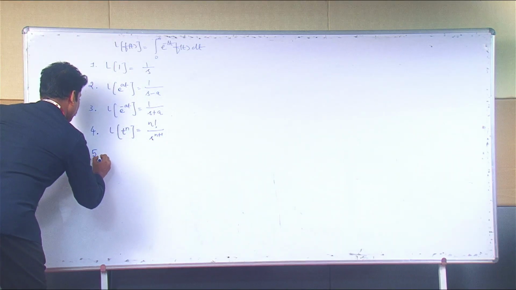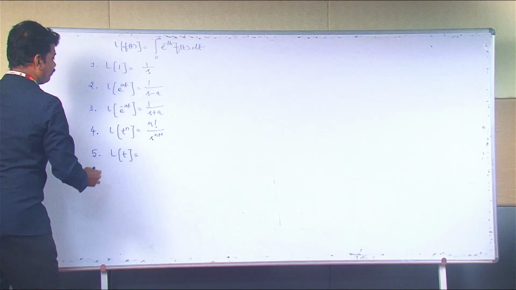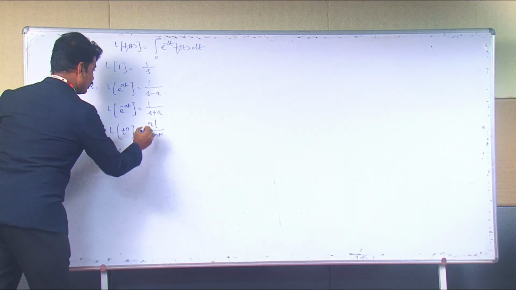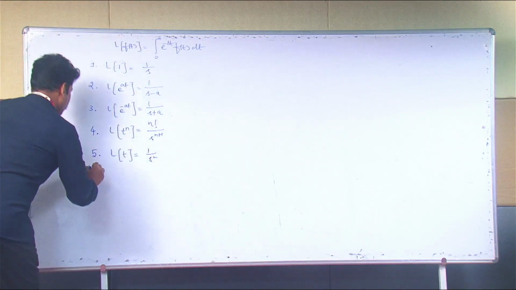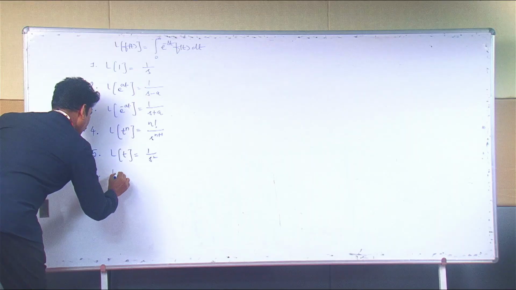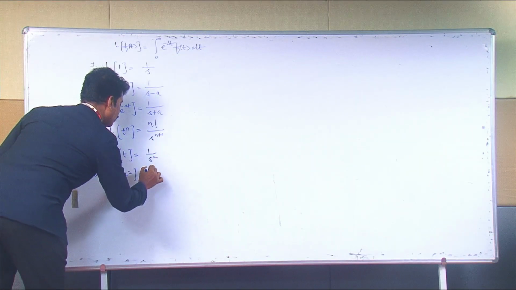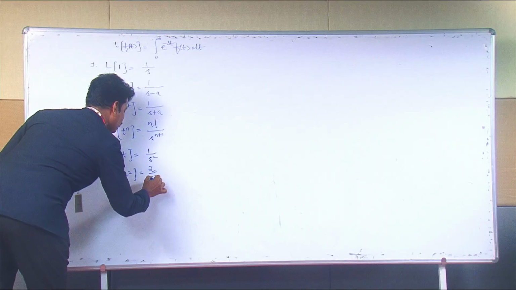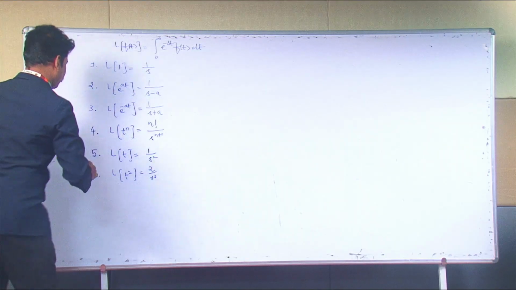So for example, L of t power 1, instead of n, I am going to replace 1. So what is the answer? 1 divided by s square. The sixth one, L of t square equal to, what is the answer? 2 factorial, 2 divided by s cube. This is the sixth one. And the seventh one is